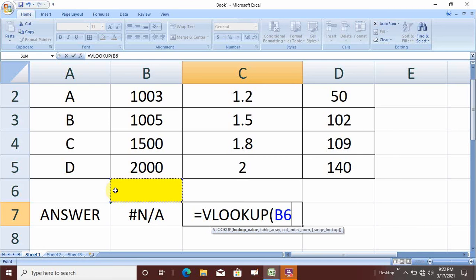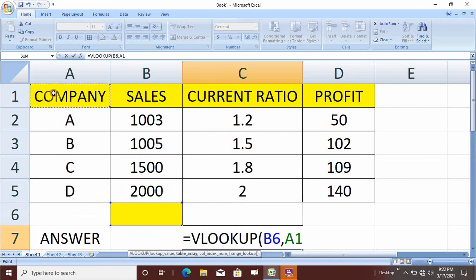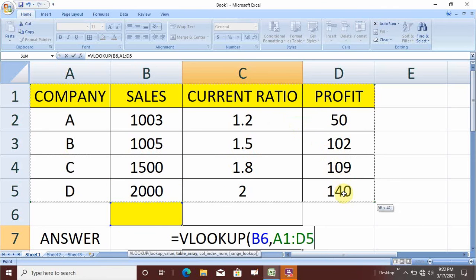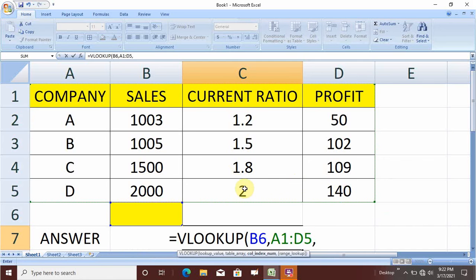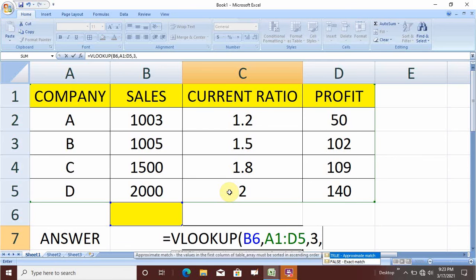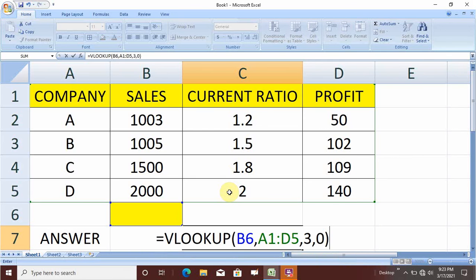But if you color it, you will know that here we have to keep the variable field. So B6, then select the entire set of data or table array, whatever is given. Then again a comma, and then we select the column index. This is your first, sales will be second, current ratio will be third. So we put 3 to find out the current ratio, and then the last is always 0, and close the bracket.